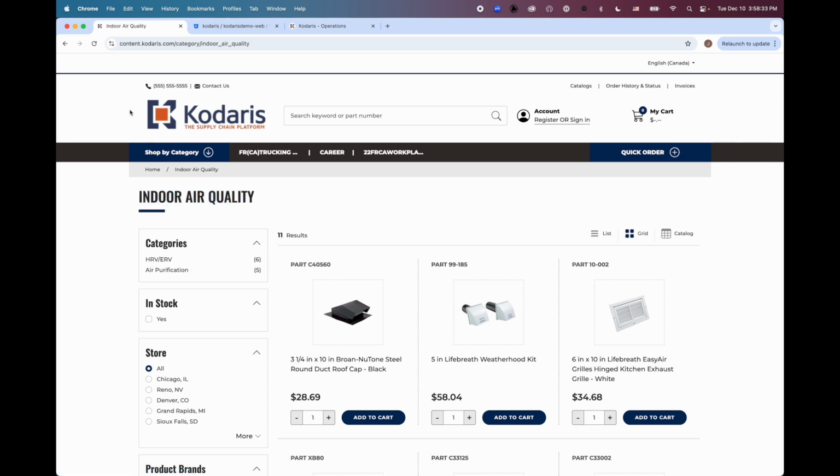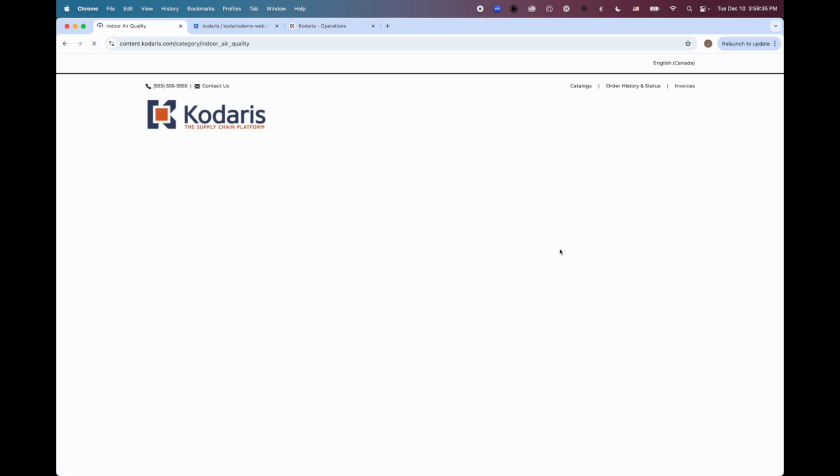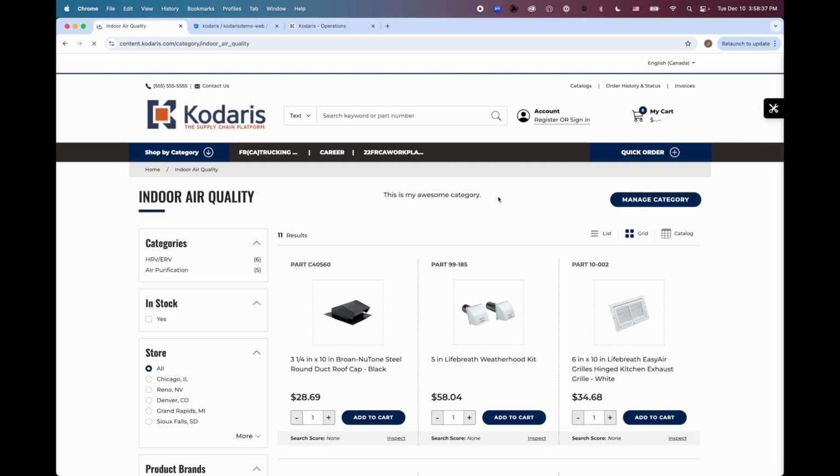So if we refresh, we can see that our changes have been reflected on the live site where all of our production users can see them. So that's how you get set up to develop and make changes on your website and finally deploy them to your live version of your website. Hopefully that has been helpful, and we'll chat later.